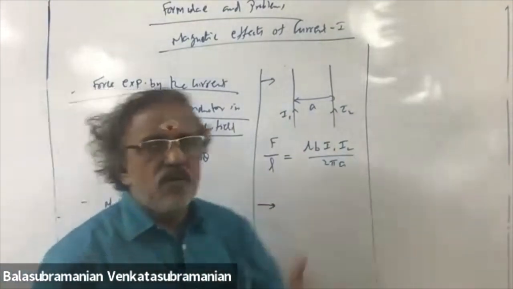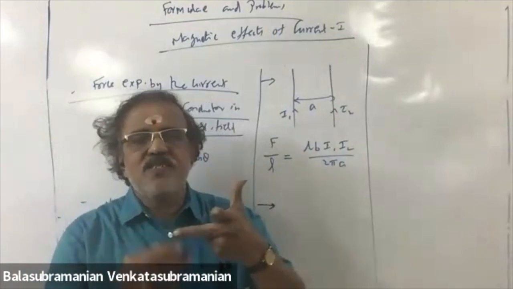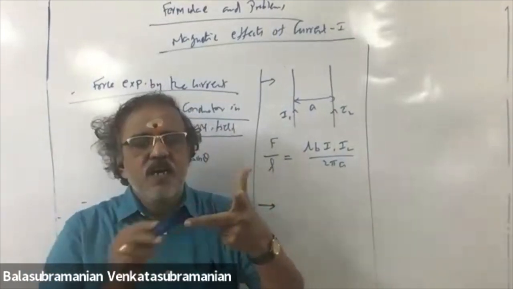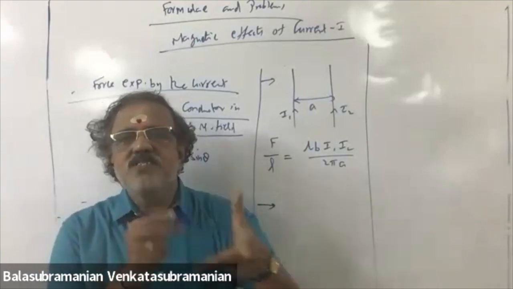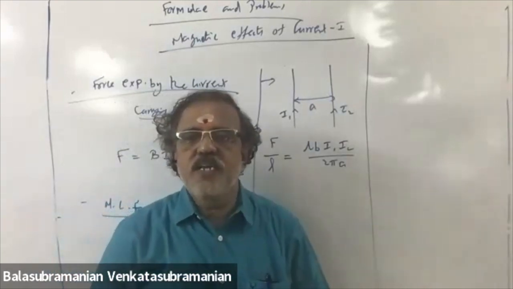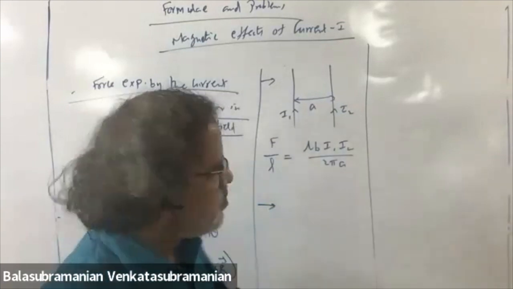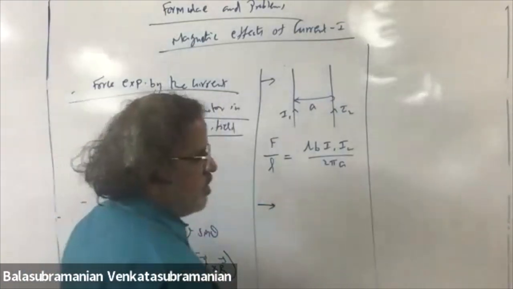Fleming's left hand rule. Forefinger represents direction of magnetic field. Middle finger represents direction of current. Then thumb represents direction of force experienced by the conductor. Okay. Next,